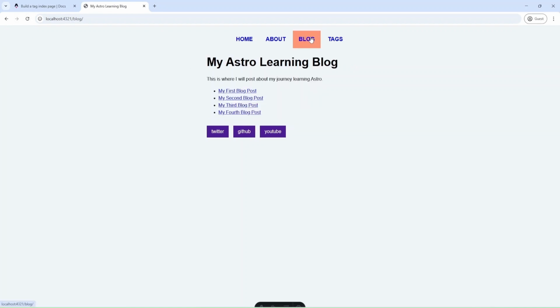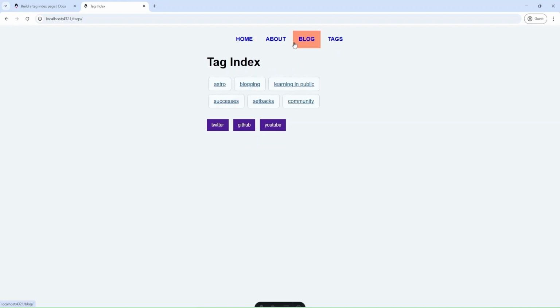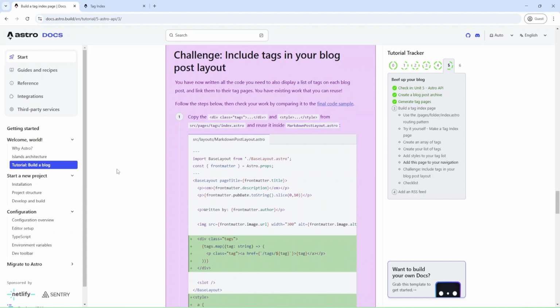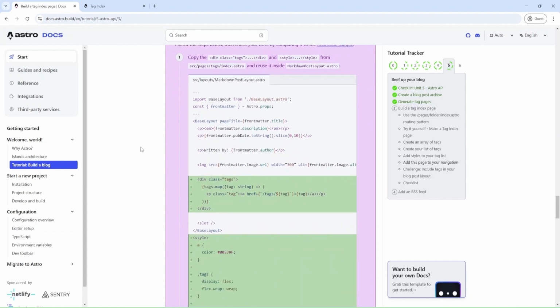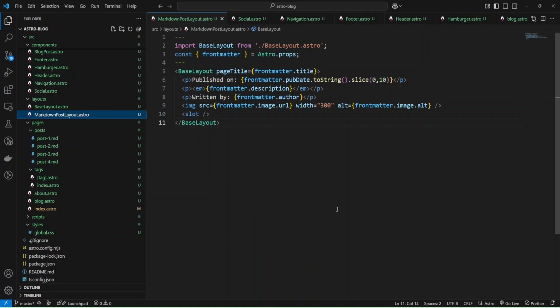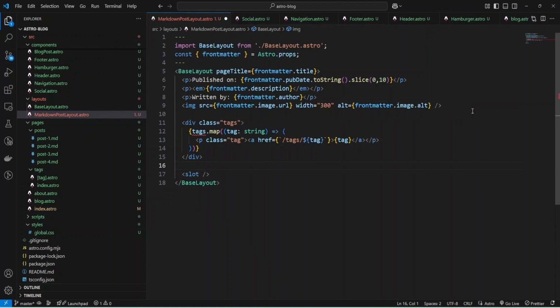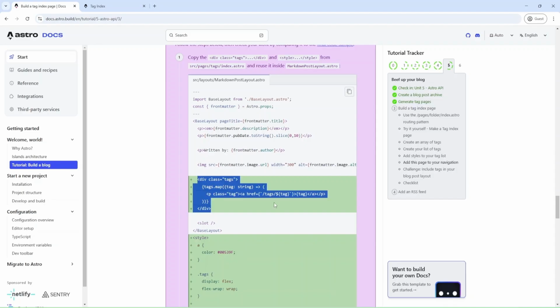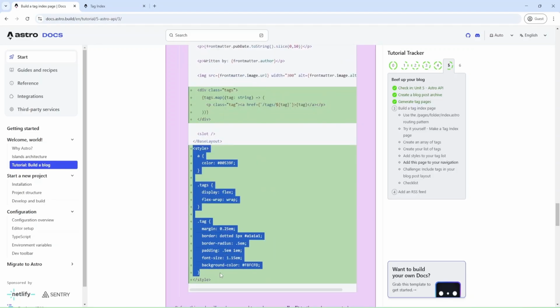Okay, and I can go to my tags. Okay, let's move on. And they propose to add tags to Markdown, and let's do it. I'll change my Markdown layout and add this code before the slot, and also I'll provide styles.